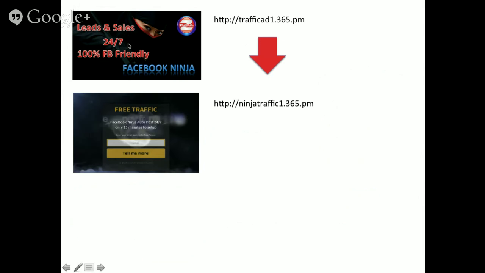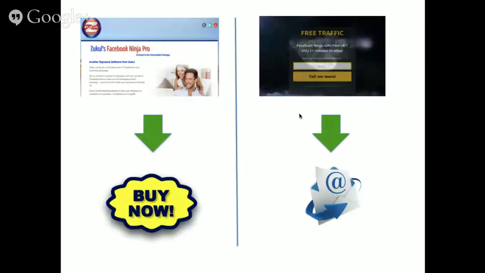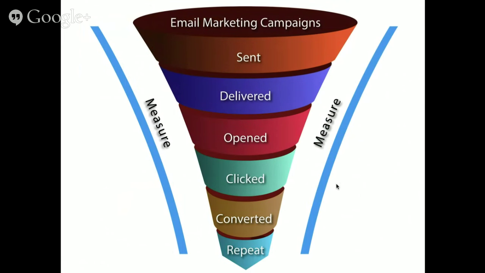Okay, then what we need to do is you'll need to make a landing page for each one of the images, and again give that a tracking link. Then you'll create a tracking link for your email. So you'll be able to track every single stage: when they click the ad, when they fill out your opt-in landing page, when they click the link inside the email. So we're tracking everything, and we'll be able to analyze all this data